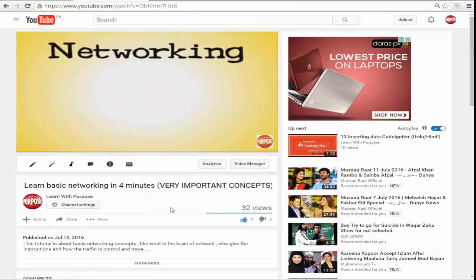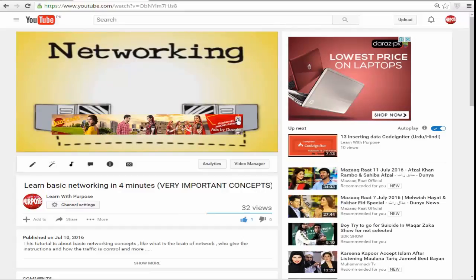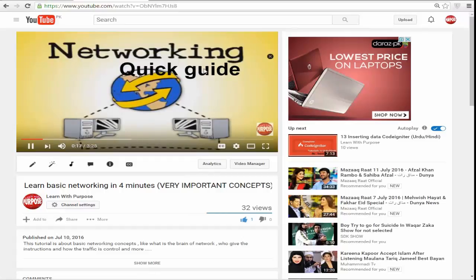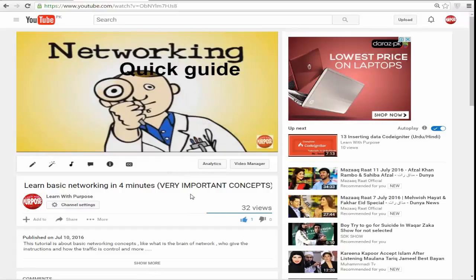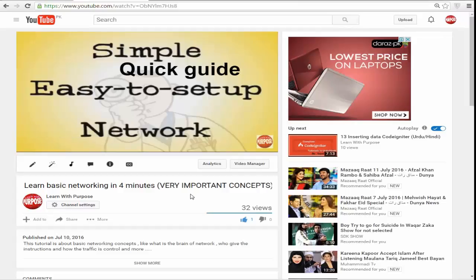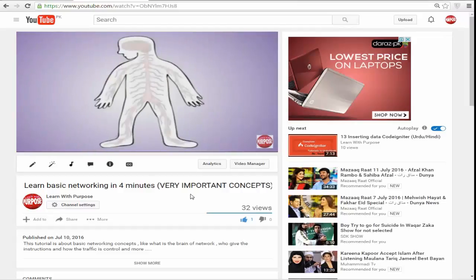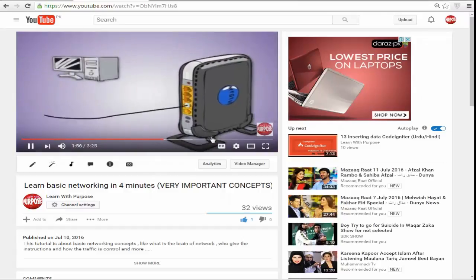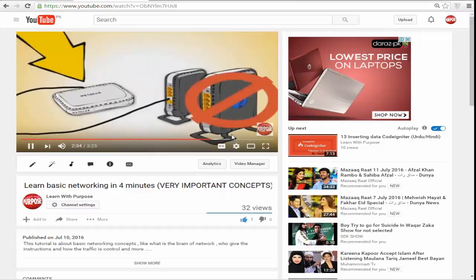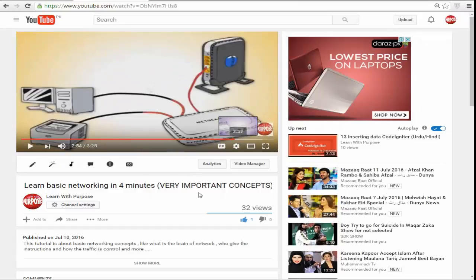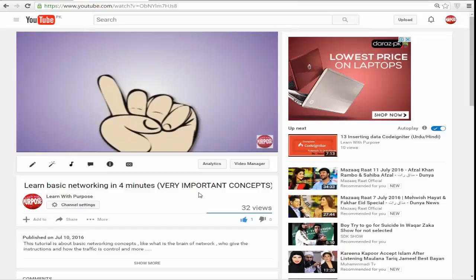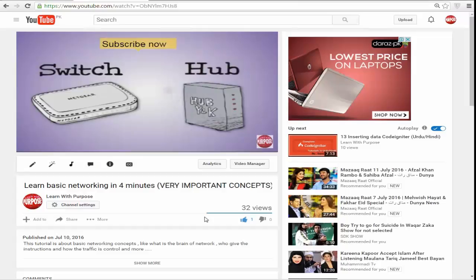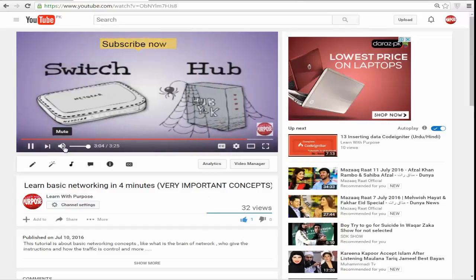Networking is the word people use when they're talking about connecting computers together so they can share data with each other. Let's take a closer look at the key components that make up a simple, easy to set up network. Think of a network as something similar to your body's central nervous system. Some people often confuse a switch with a related device called a hub, which is obsolete. You just need to know that hubs were.